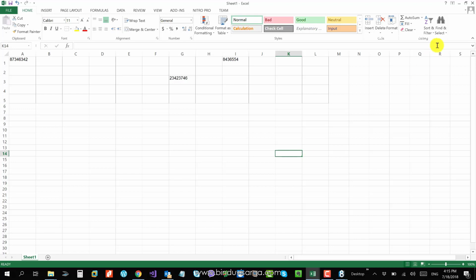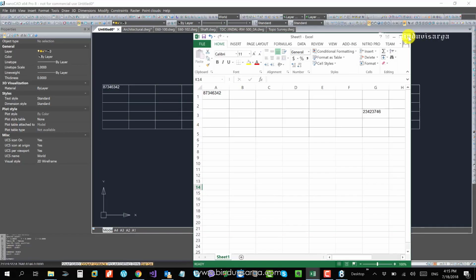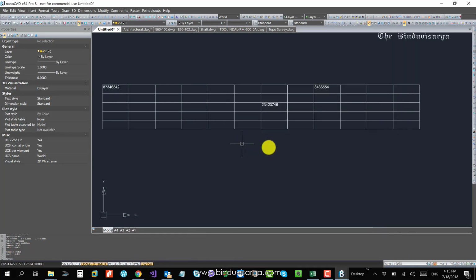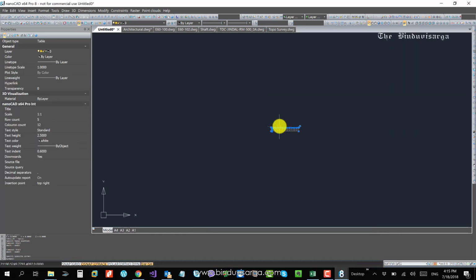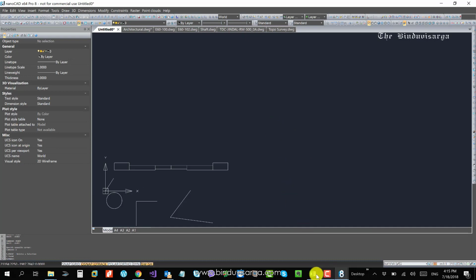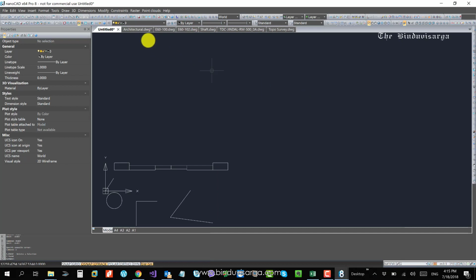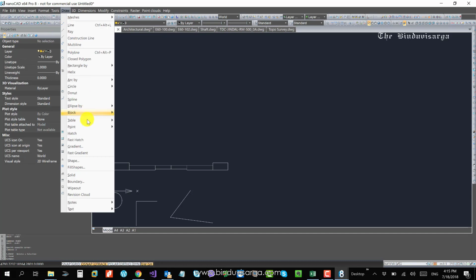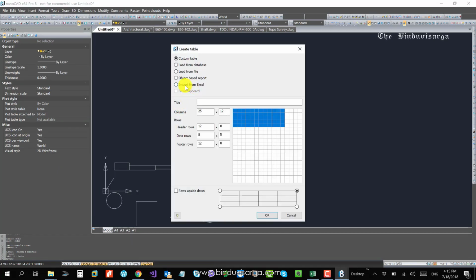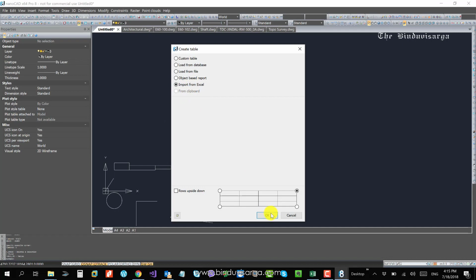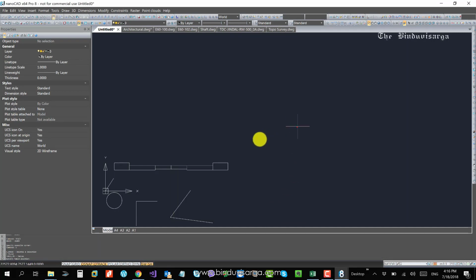Once they check and update, that you can use as an input of that particular drawing. For example, I have Excel files with this bill of materials, and I want these informations to be incorporated with the drawing. So all I need to do, just go to draw, table, and there's options, import from Excel, click OK, and